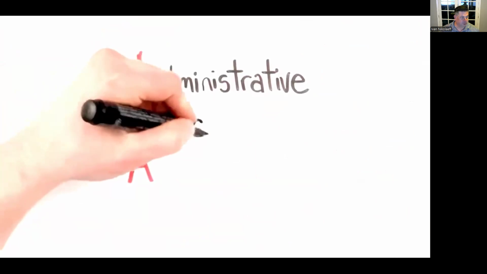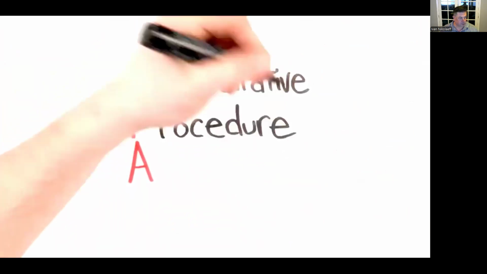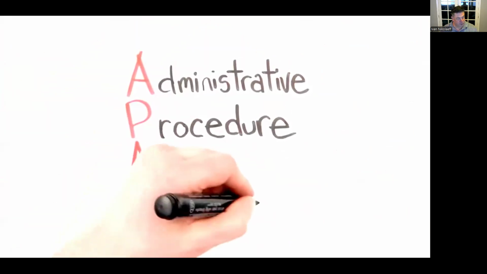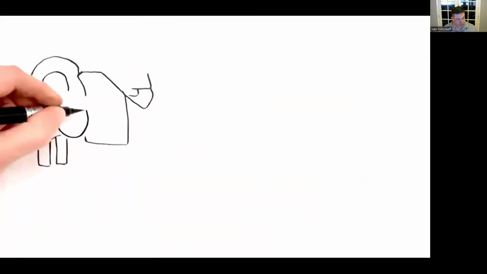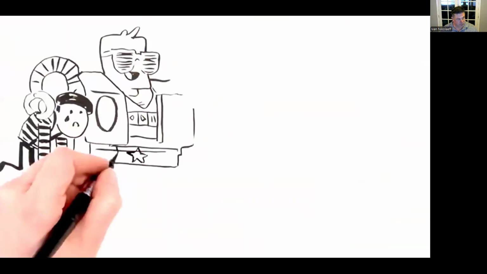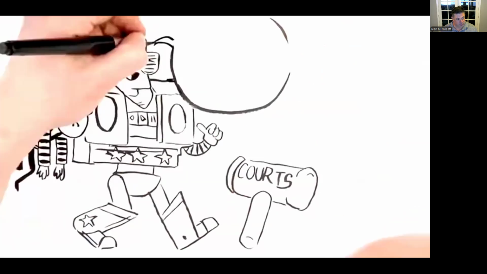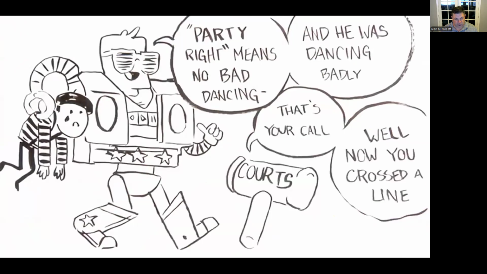The APA attempts to balance the government's need to control the agency with the agency's role as the executor of the law. Usually the courts defer to the agency when it is interpreting its organic statute, when the agency is interpreting its mission. The courts are much more demanding when the agency is making claims about facts and reasoning.